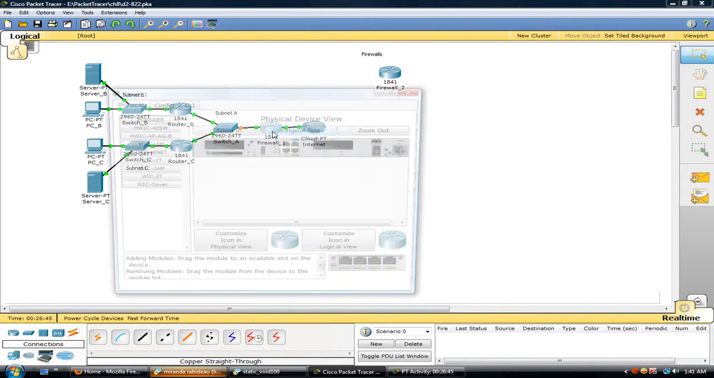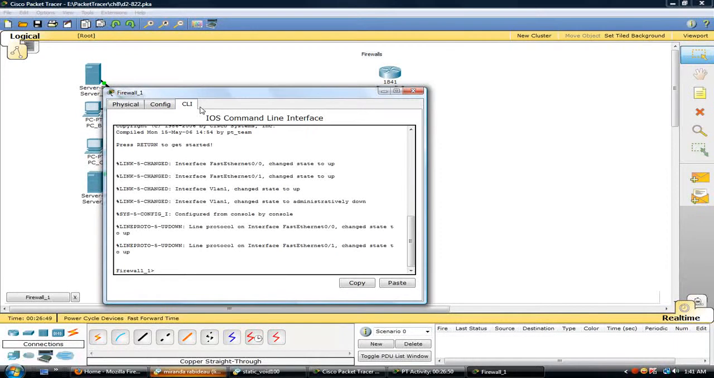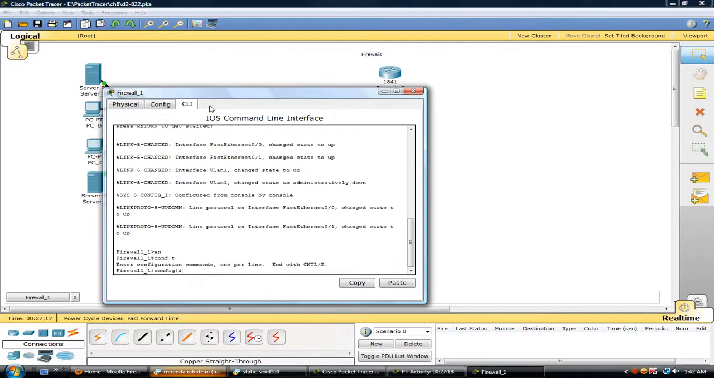And now we're going to go into our firewall, click on CLI, and verify that the host name is Firewall 1, which it is. And then we need to configure a couple IP addresses, one for the WAN IP address and one for the LAN IP address. The WAN is on Fast Ethernet 0/1, and the LAN IP address is on Fast Ethernet 0/0. So we'll enter global mode by typing enable or EN, then configure terminal or conf T,